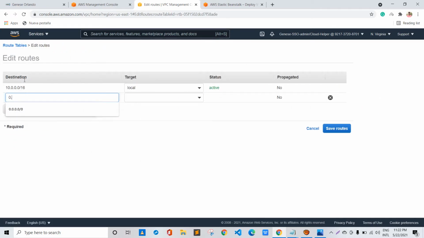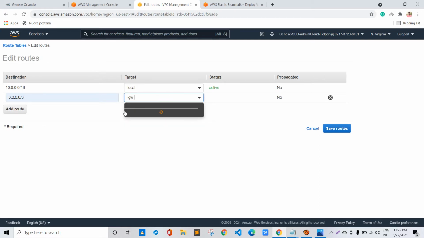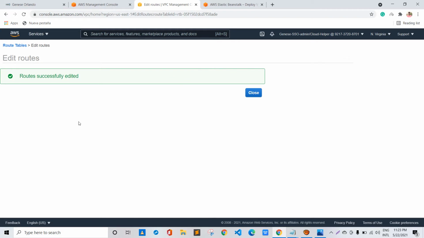We'll choose 0.0.0.0/0. This simply means the gateway to the internet; the network will be open to the internet. We'll choose the internet gateway and select the internet gateway we have created. This means that anybody who wants to go to the internet can go through this internet gateway. We'll click on save route.